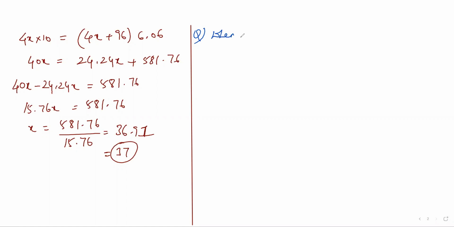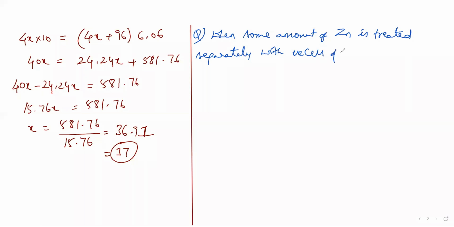When some amount of zinc is treated separately with excess of sulfuric acid and excess of NaOH, sodium hydroxide, the ratio of